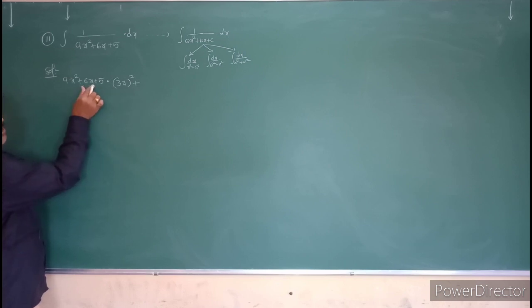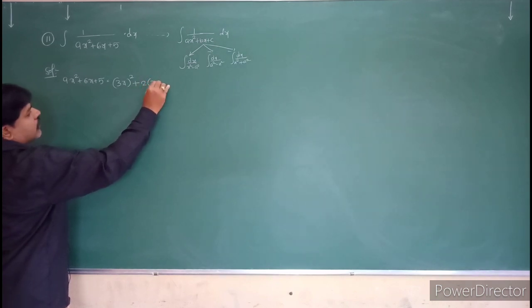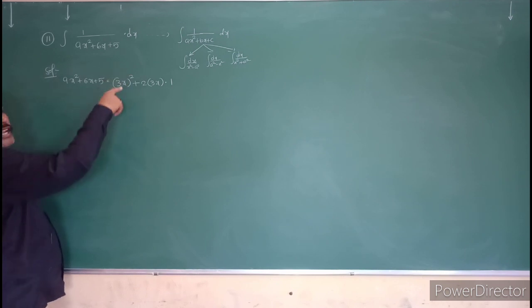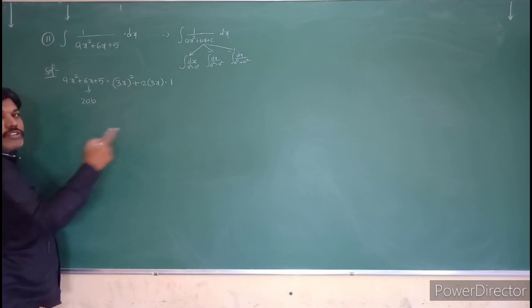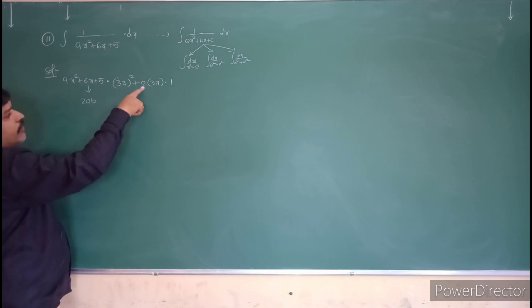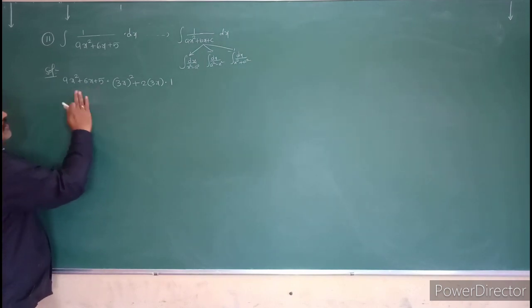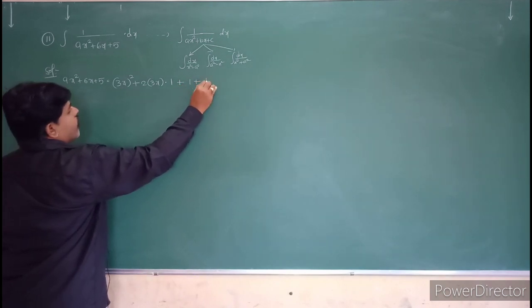Next term, the x term is 2ab. 2ab is nothing but 2 into 3x into 1. So a is 3x. The second term represents that 2ab form. If it has a 2, okay, otherwise we have to divide with 2. Already in this term we have the 2, so take the 2 out: 2 into the remaining term, a, that is 3x. What is the b value? b value is 1. So I will write this 5 as 1 plus 4.